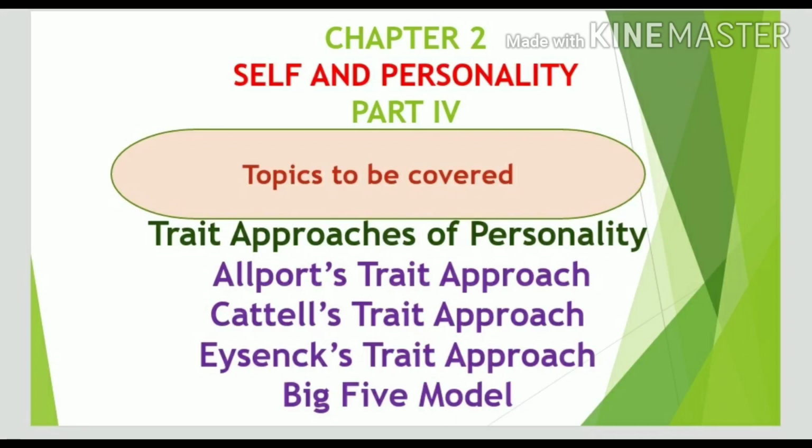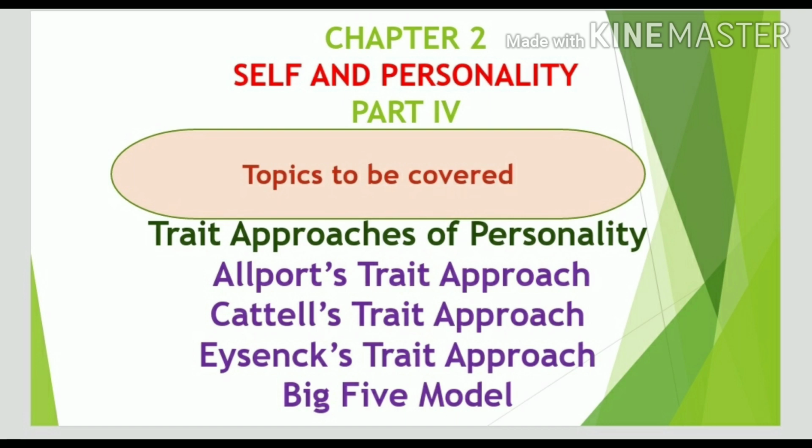Hello everyone, this is part 4 of chapter number 2, Psychology class 12, and the name of the chapter is Self and Personality. The topic that will be covered in this part is trait approaches of personality, and there are 4 trait approaches in your syllabus. First is Allport's trait approach, second is Cattell's trait approach, then Eysenck's trait approach, and the last is the Big